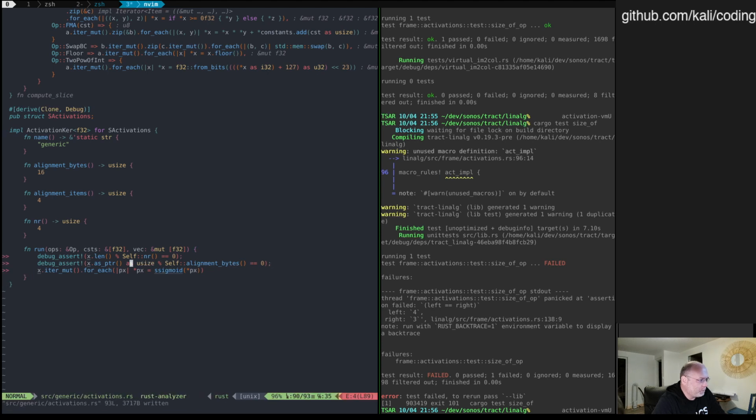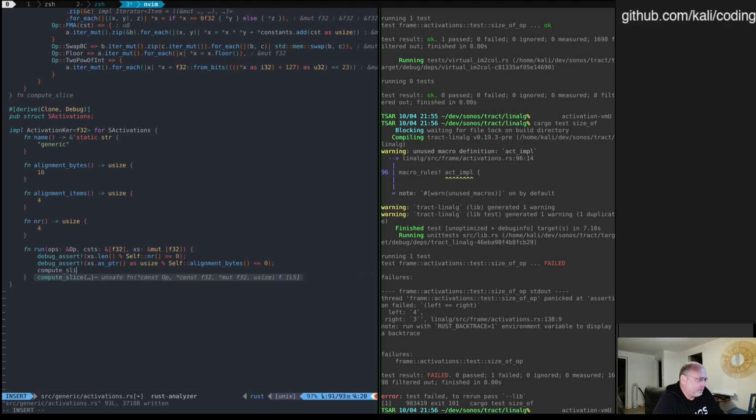So we're checking that the X have the right alignment and the right len. I mean, the len must be a multiple of nr and the alignment must be respected. But instead of doing this, I'm calling